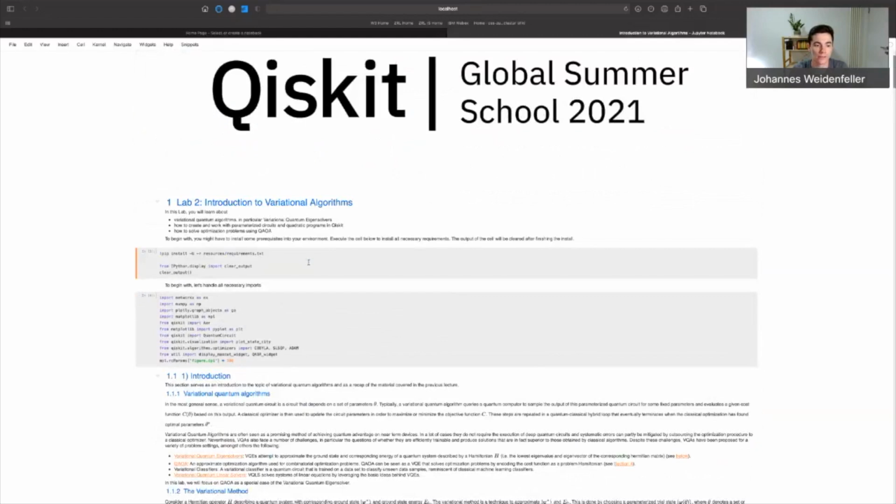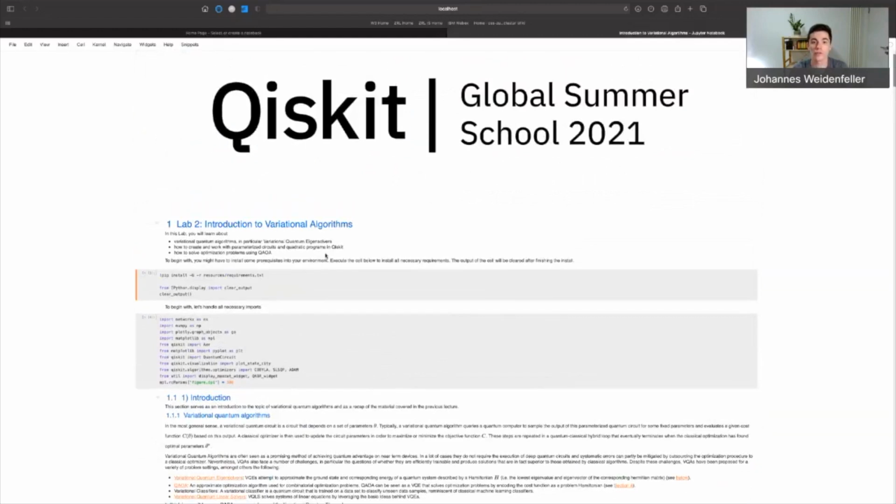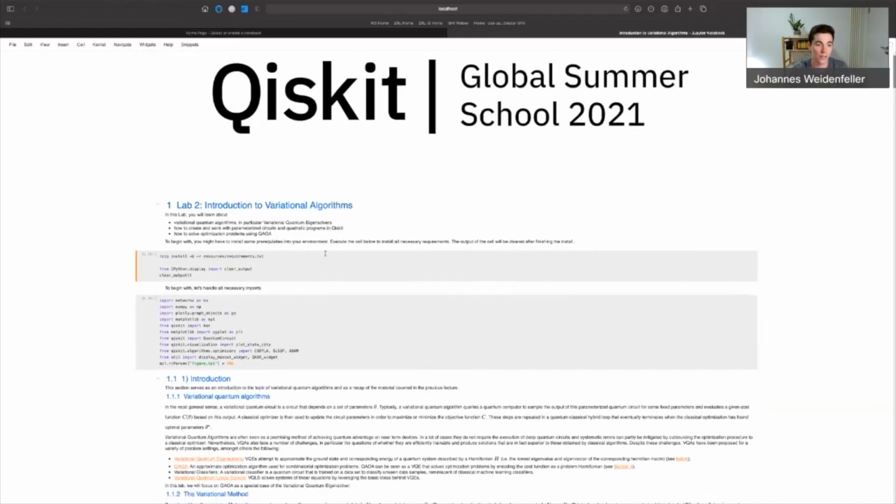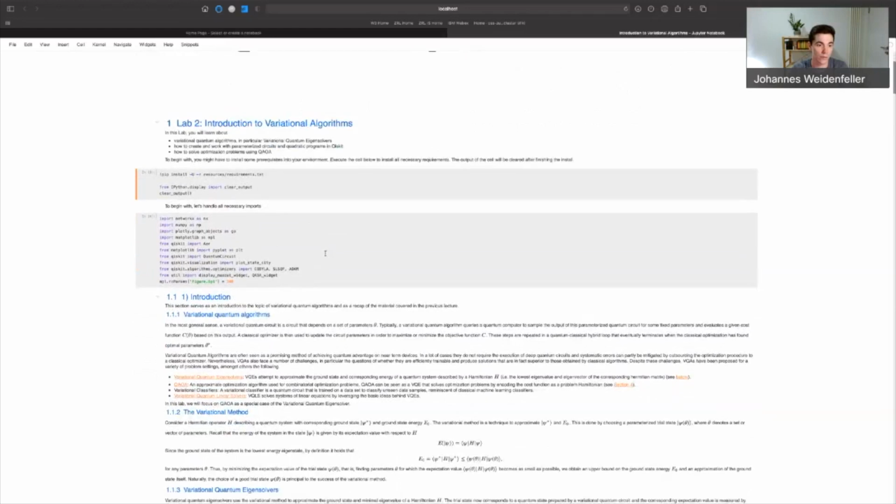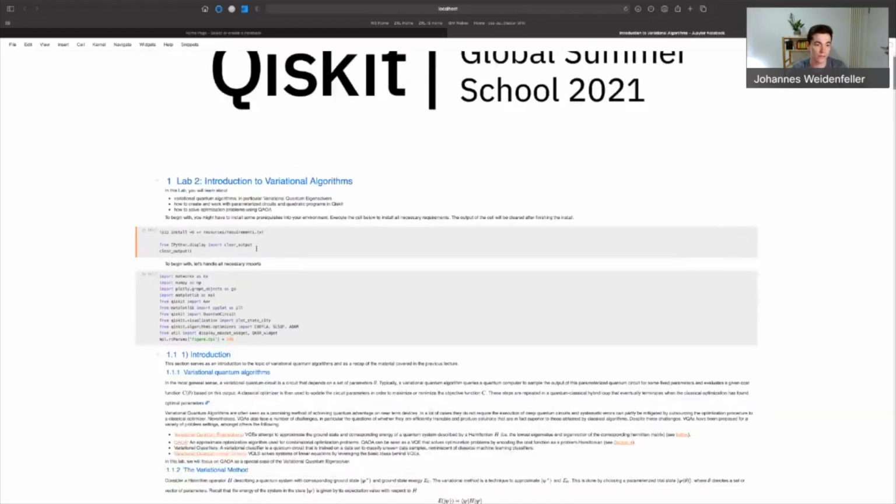Pretty much what you're going to learn is, first of all, how to build variational quantum circuits or parameterized quantum circuits in Qiskit. Then how to build quadratic programs and optimization problems in Qiskit, and how to solve these problems using Qiskit's native QAOA implementation. You will also learn how to build your own QAOA variational form, and if you want, you can extend this to run your own optimization procedure. And with this, we can basically jump right in.